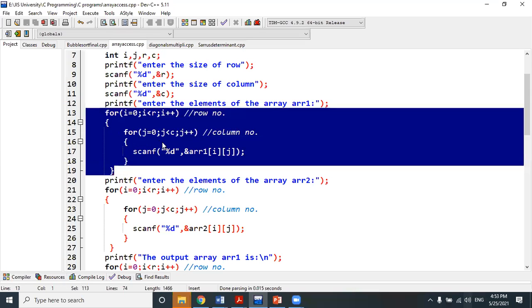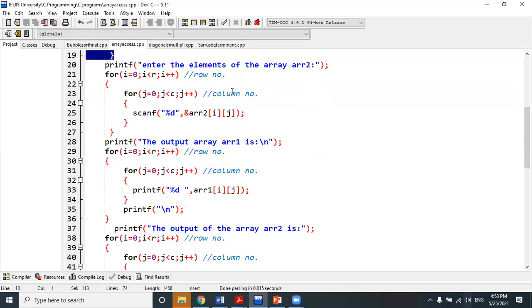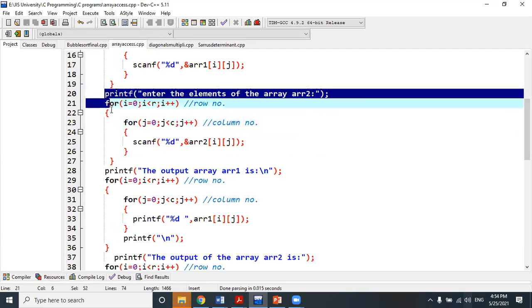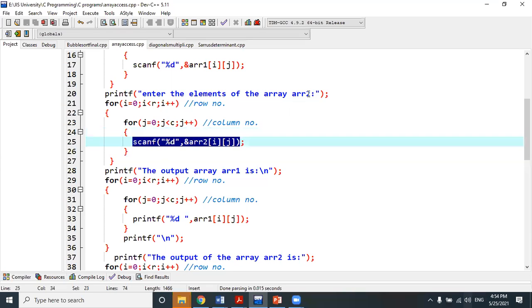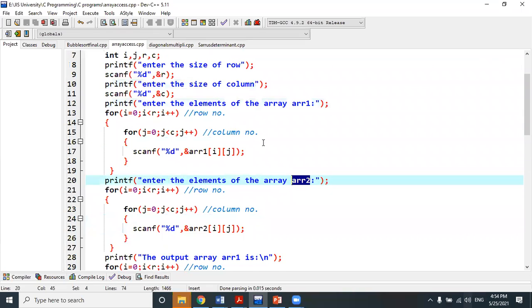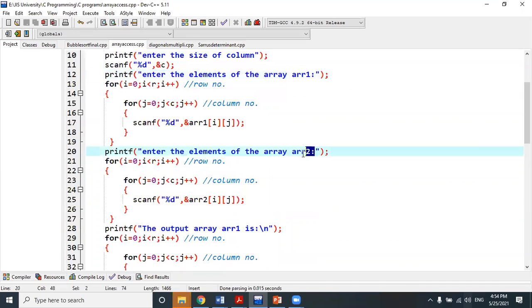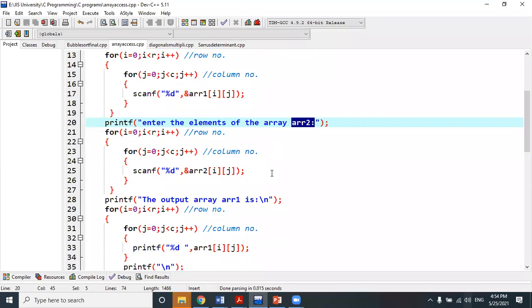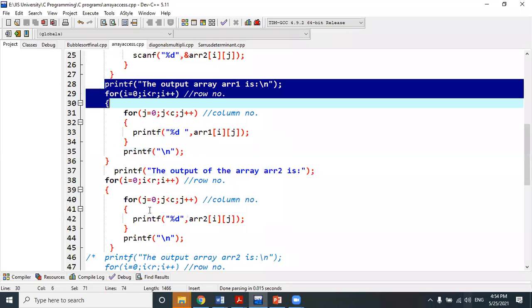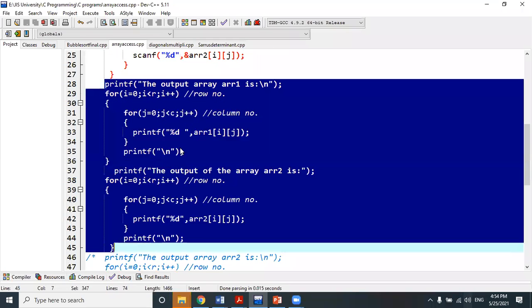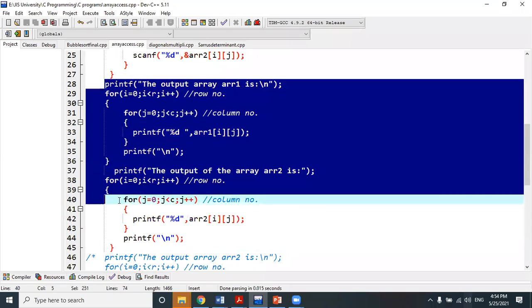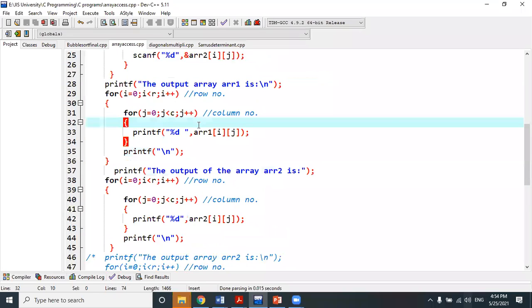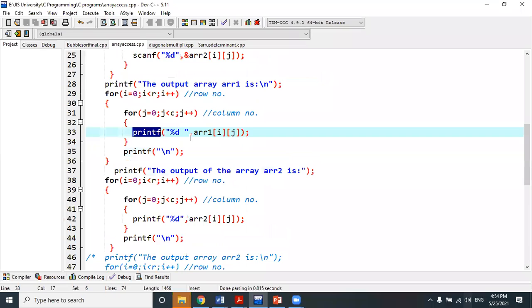So for a 3 cross 3 matrix, with the help of scanf, you can read the matrix in such a way. Now, in a similar way, you can also read the second matrix from the terminal with the help of scanf. This is the first array read, array 1, and this is the second array read, array 2. Clear? Now, these 2 printf statements print whatever matrix elements you have read, to check whether you have read them correctly or not. What is the difference during the printf? You just change the scanf to printf.